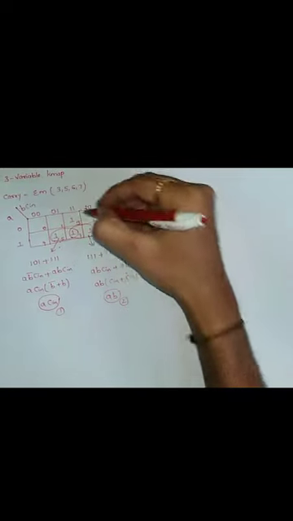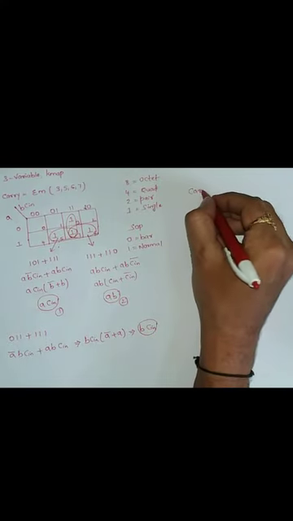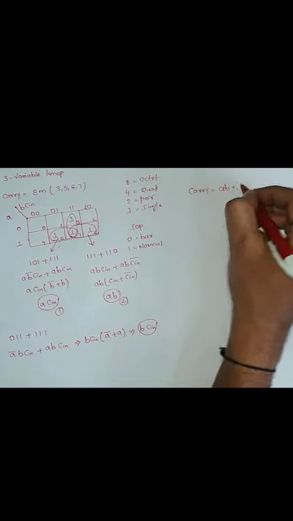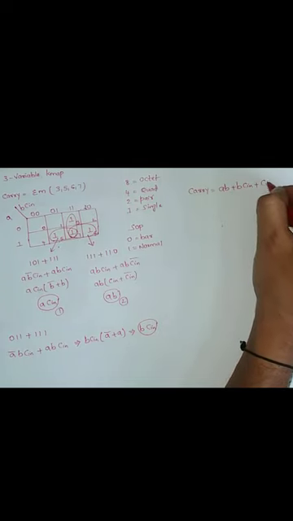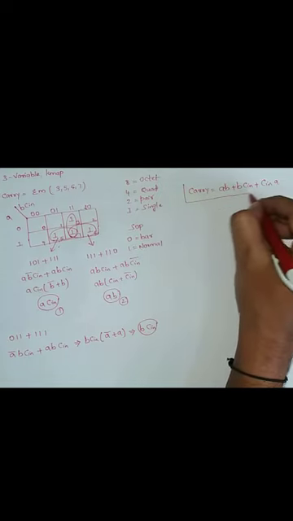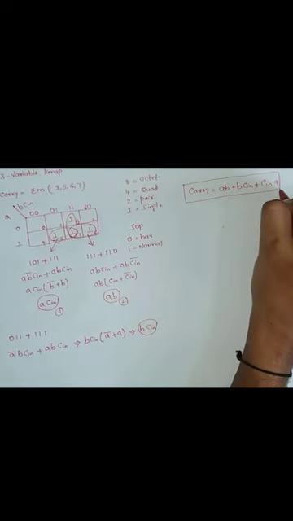One more pair that I can form is 3 and 7. The equivalent of 3 is 0, 1, 1 and 7 is 1, 1, 1. So I can write it like this: A bar, B, C in plus AB, C in. Next, I can take B, C in as common. If B, C in is common, A bar plus A will be 1. So the answer will be B, C in. Finally, I got the answer for carry as AB plus B, C in plus C in A. This is the first Boolean expression that I got for carry.